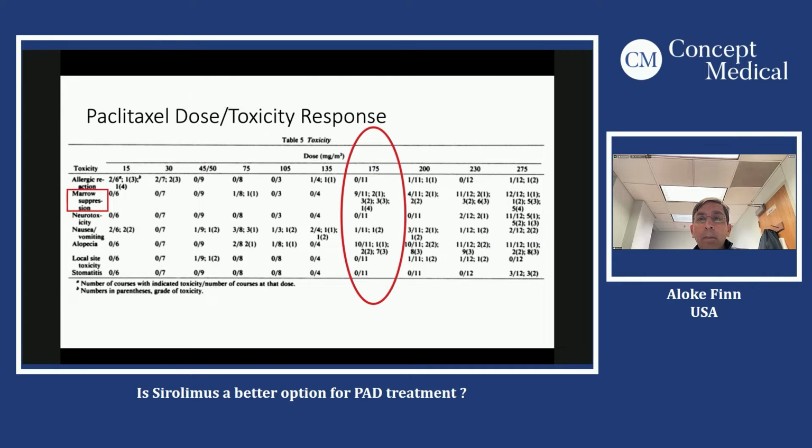Obviously, we also don't want to lose a lot of paclitaxel into the body because it's well known that it's an anti-chemotherapeutic drug, and it's got certain toxicities associated with it, including bone marrow suppression, neurotoxicity, nausea, etc. So you really don't want to lose a lot of the drug into the non-target organs because it can